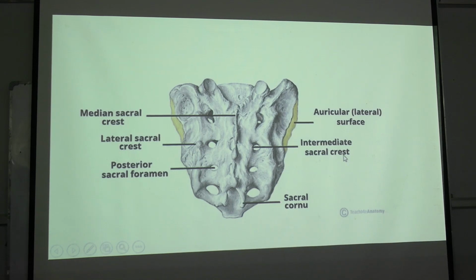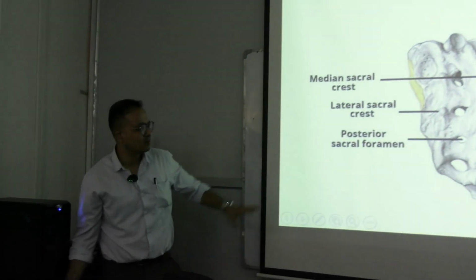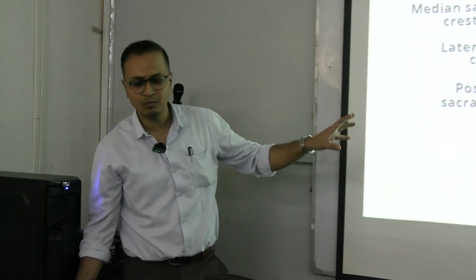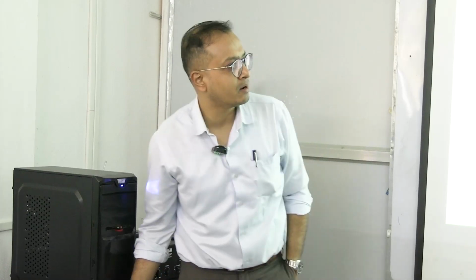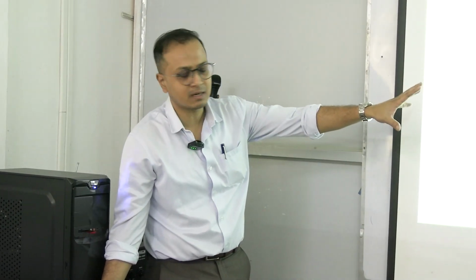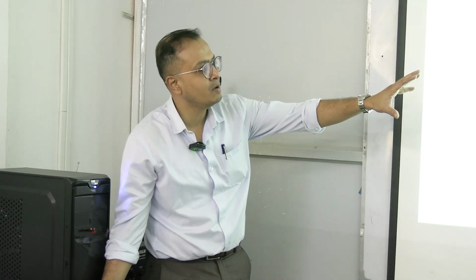We have the ligaments from sacrum to ilium bone, we call them the sacroiliac ligament, sacrotuberous ligament. There are several ligaments attached to it. I do not want to complicate things with these names of the ligaments, because when we study the pelvic bone, we'll talk about them, and that will be the appropriate time. So remember that this has ligaments attached to it, but at this time we focus on